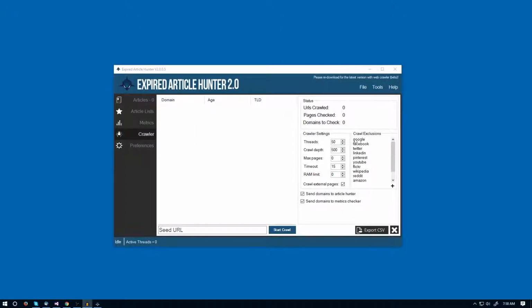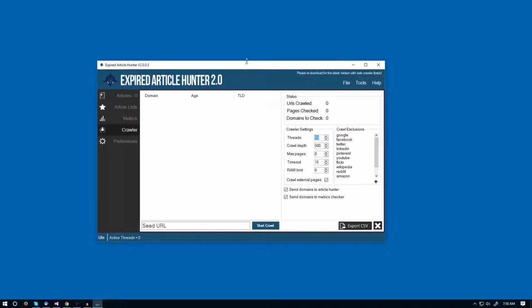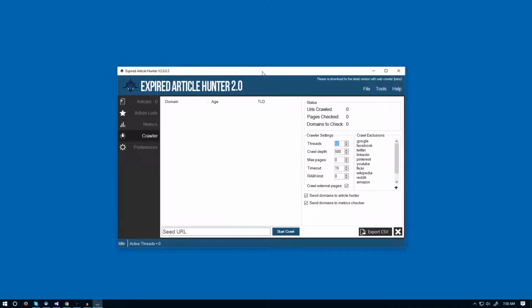Today we're going to go over the web crawler edition. This is brand new to Expired Article Hunter version 2.0.0.5. And I'm just going to go over the features and kind of give you a tutorial on how to use it properly. So first things first, let's go over some of the pane here, and I'll show you what each